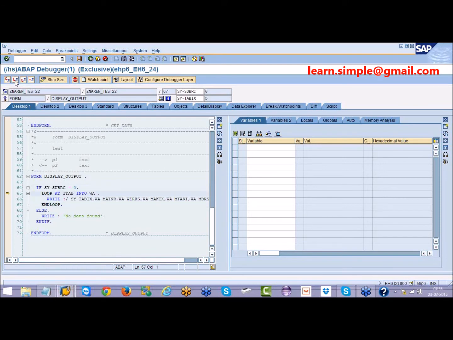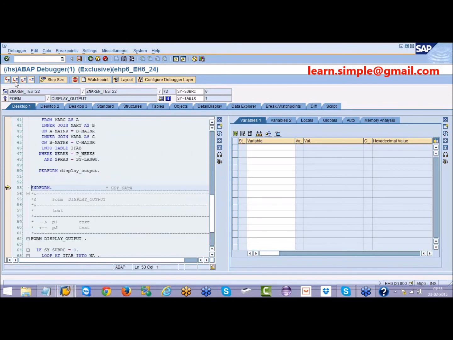So after these 11 times, where does your control go? From where it came, from perform display output. So it came and it's checking: after perform display output, is there anything here?